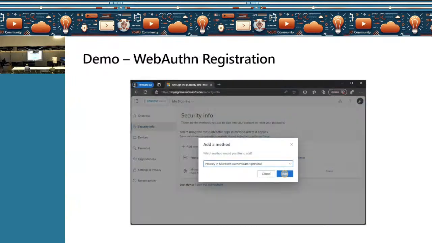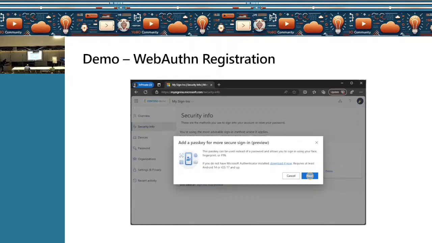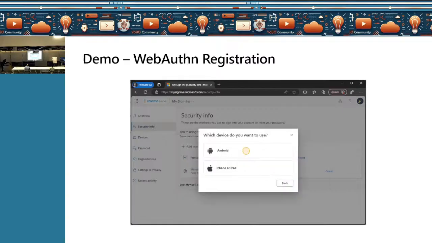Now, this is the WebAuthn registration on the website itself. Here you can see that you're going into the security info and then clicking on add. It's asking you to add a passkey for more secure sign-in. You can click on next and it will say which device you want to use.